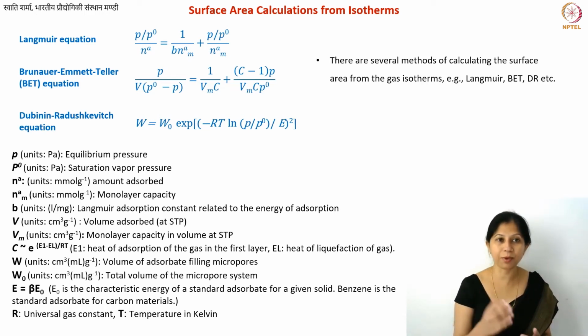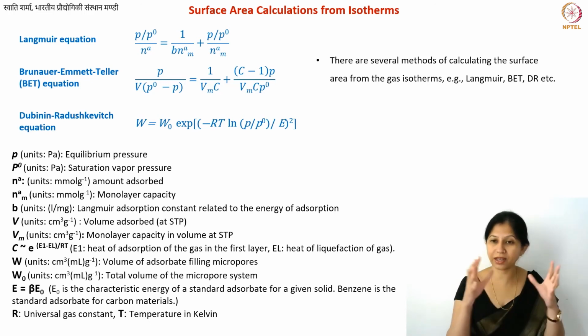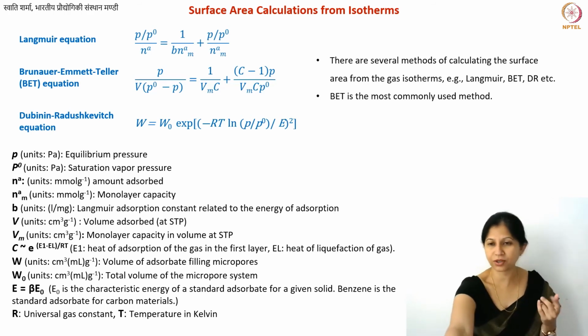So in the case, for example, of the Langmuir equation, you have millimole per gram. That is your unit of calculating the monolayer capacity. Monolayer capacity means how many molecules are adsorbed on the monolayer. Similarly, in the case of your BET equation, you have the calculations in terms of volume. So this is the only thing that differs in all of these calculation methods, but you can typically use anything. And of course, there may be certain methods where you will get more accurate information using one of these 3, because in all of these equations you will have some constants.